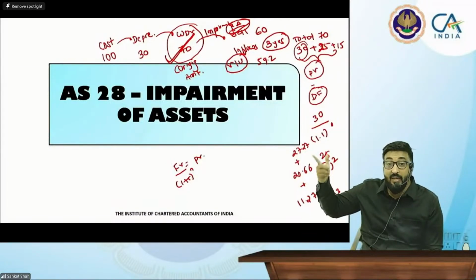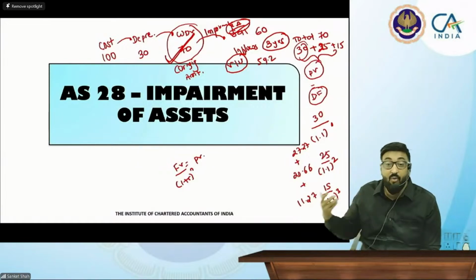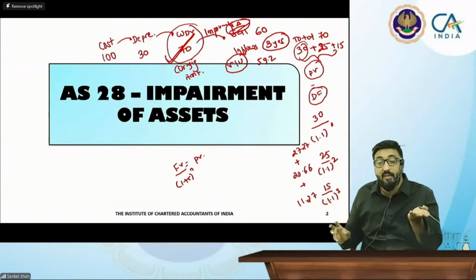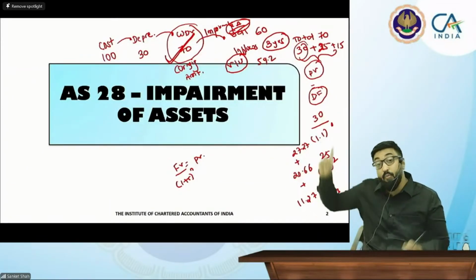अभी मैं एसेट बेचूँ तो 60 रुपए मिलेगा, यूज किया तो 59.2 मिलेगा। तो व्हिचेवर इज हायर, उसको बोलते हैं रिकवरेबल अमाउंट। एसेट से कितनी रिकवरी कर रहे हो, सब कुछ लॉजिकल है, नाम भी लॉजिकल है, रिकवरेबल अमाउंट। और वो किसके साथ कंपेयर करना है? बुक वैल्यू के साथ। बुक वैल्यू कितनी हमारी? कैरिंग अमाउंट 70 रुपए।